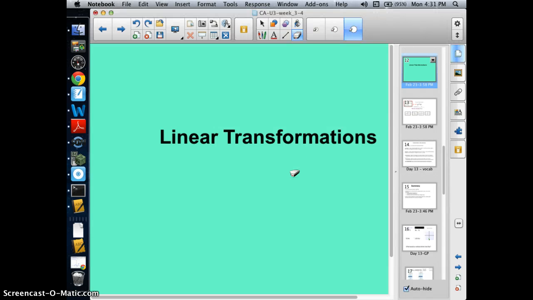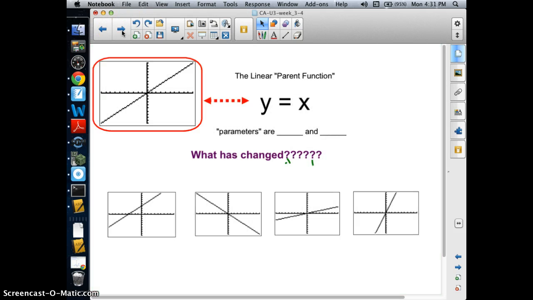This video is on linear transformations. We're going to begin by looking at the linear parent function. A parent function is just sort of the simplest type of any kind of function. We're going to focus on just linear functions, lines, and the simplest version of that is the line y equals